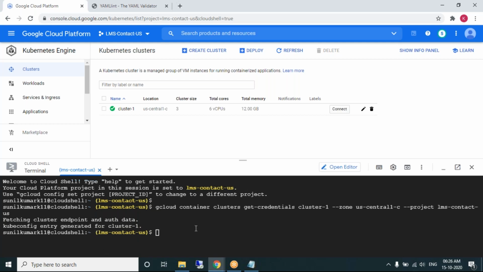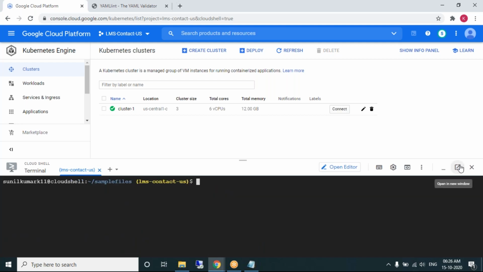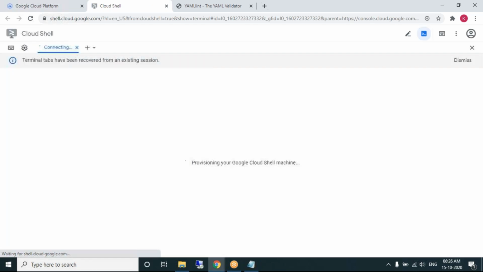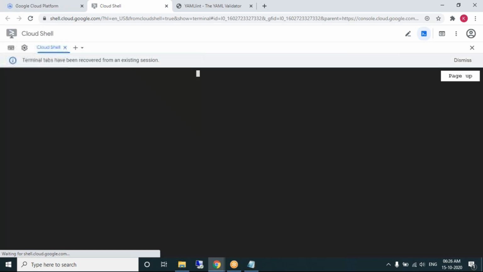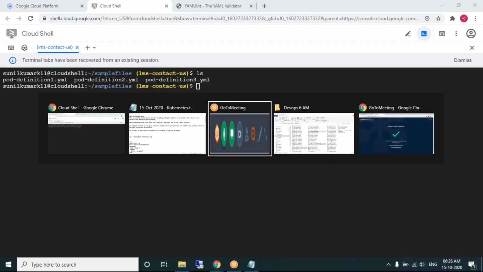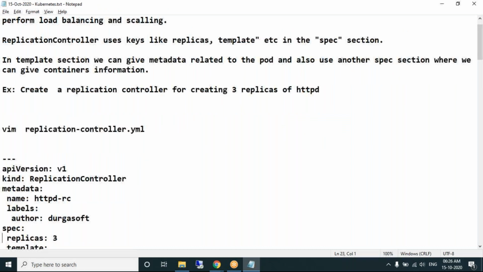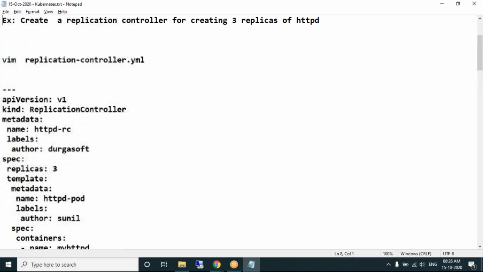We have created a folder called sample files. These are our definition files. Let's create this replication controller.